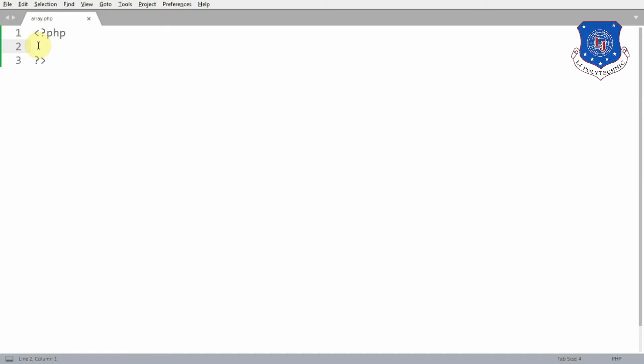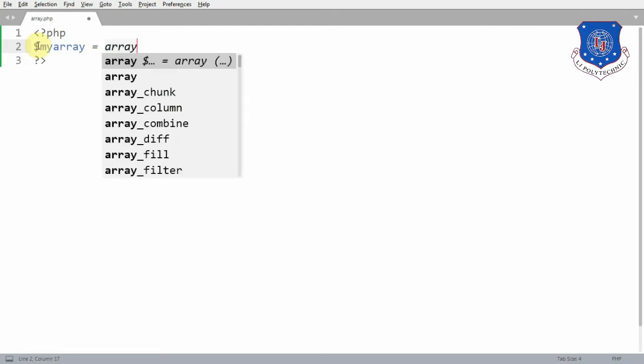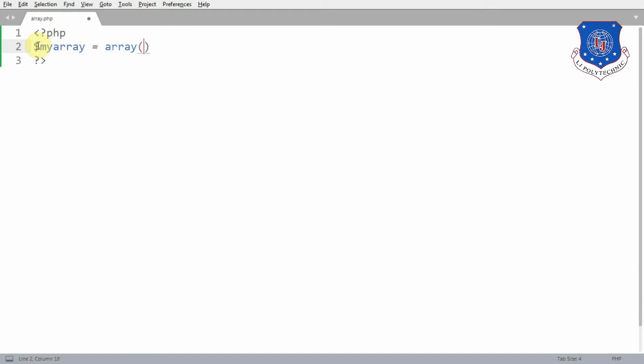So as seen previously, we can declare an array in PHP by using the array built-in function. First of all, we have to declare the name of the array, then use the array built-in function.